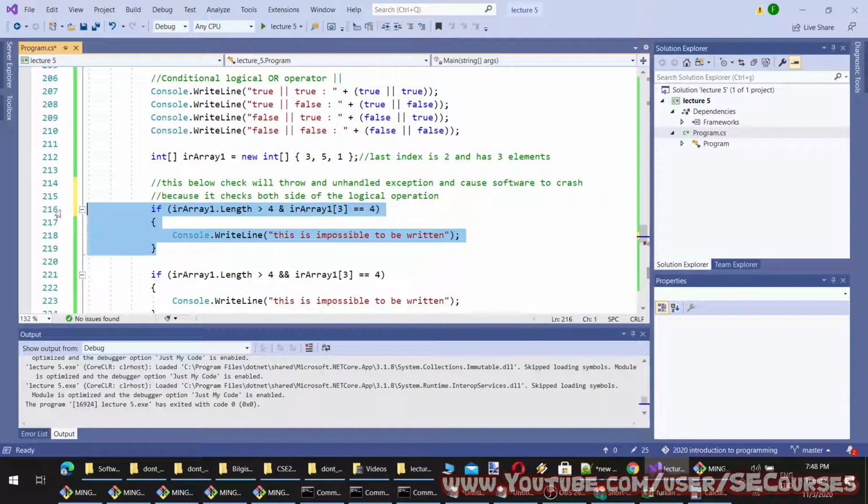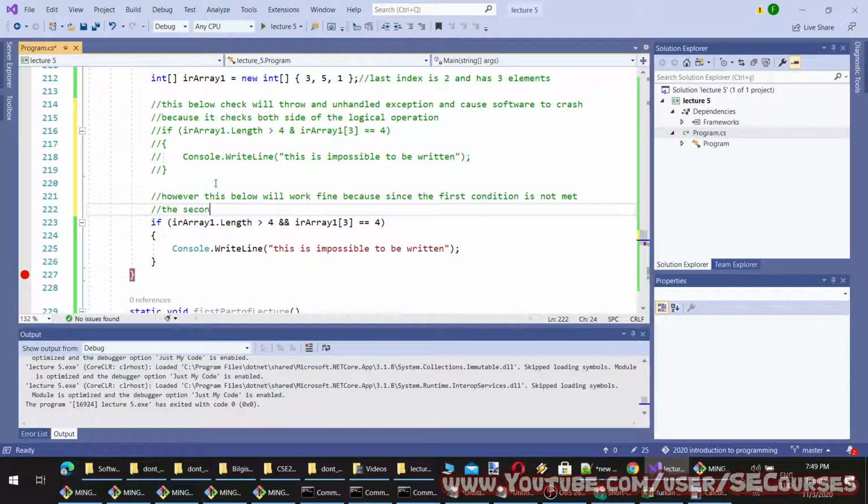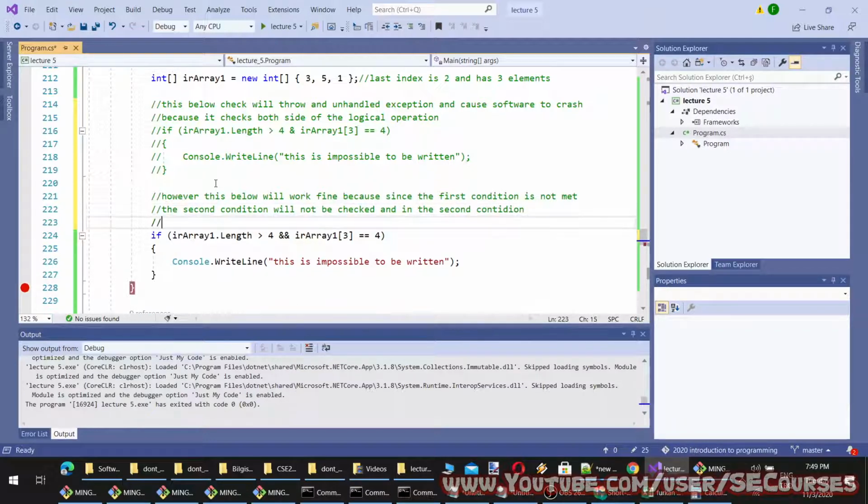So this will crash our application because it checks both sides of the, let's say, logical operation. However, this below will work fine, because since the first condition is not met, the second condition will not be checked, and in the second condition there is an error.